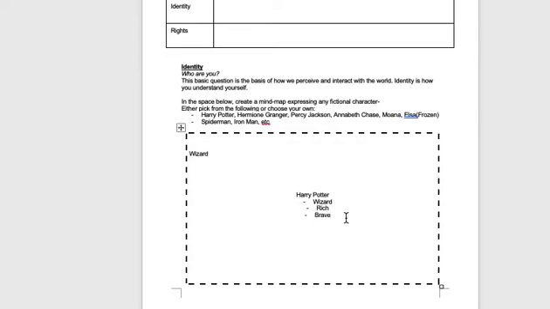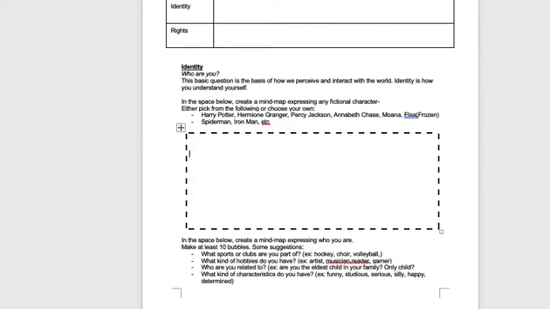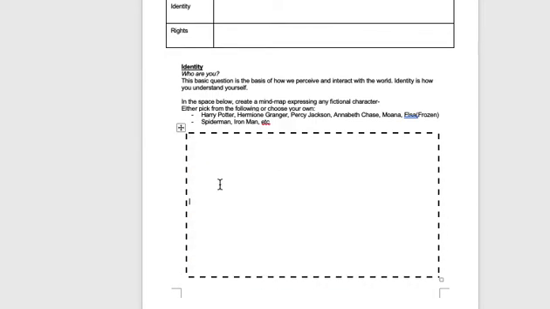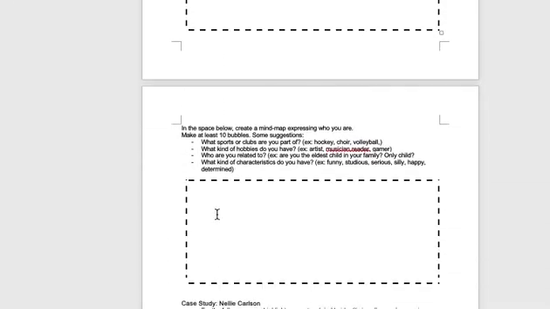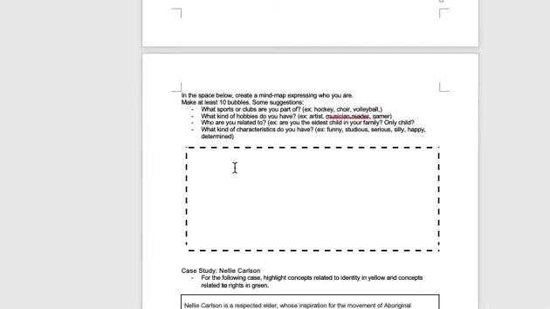You're going to keep explaining as many words as you can describing who he is, so that we have a full picture of this idea of Harry Potter, because that's what identity is. Then you're going to go down and create one based on yourself, so you can identify what you belong to.